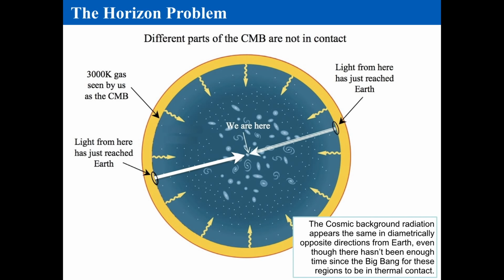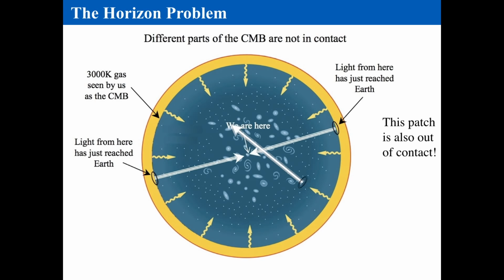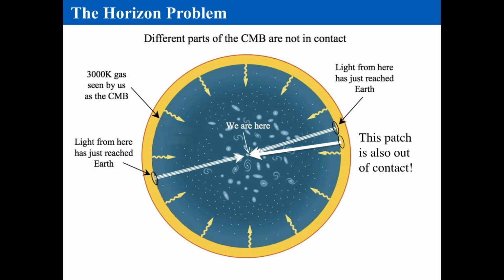However, if this is the first time the light is interacting with matter since it left there, then how do these two things across the sky have the same temperature? This is the first time they've had a chance to interact. And it's 13.8 billion years later? That's a problem. In fact, it's a big problem because this patch is also out of contact,